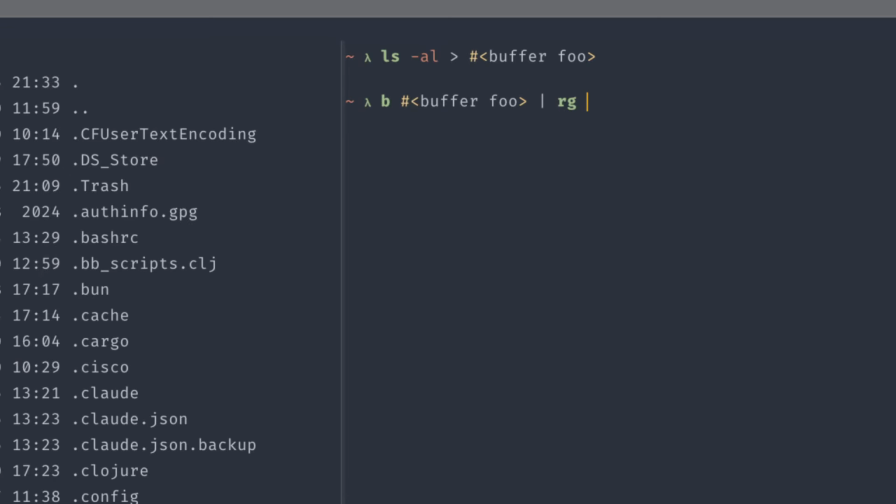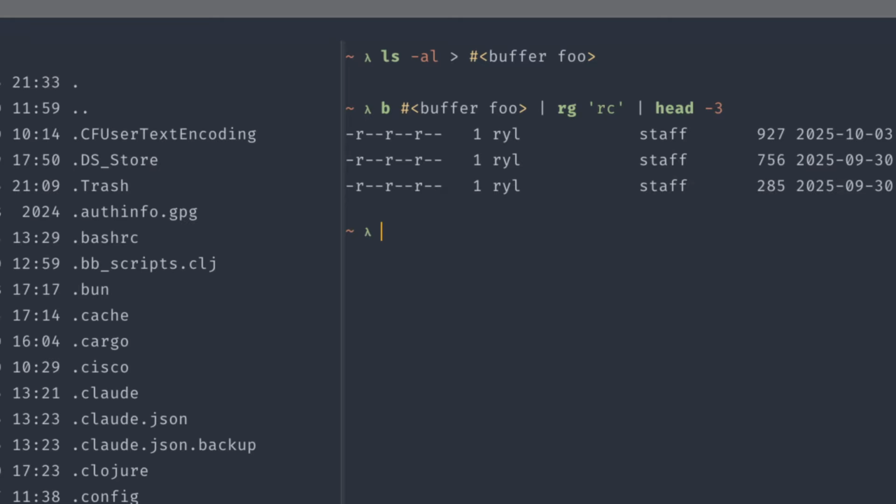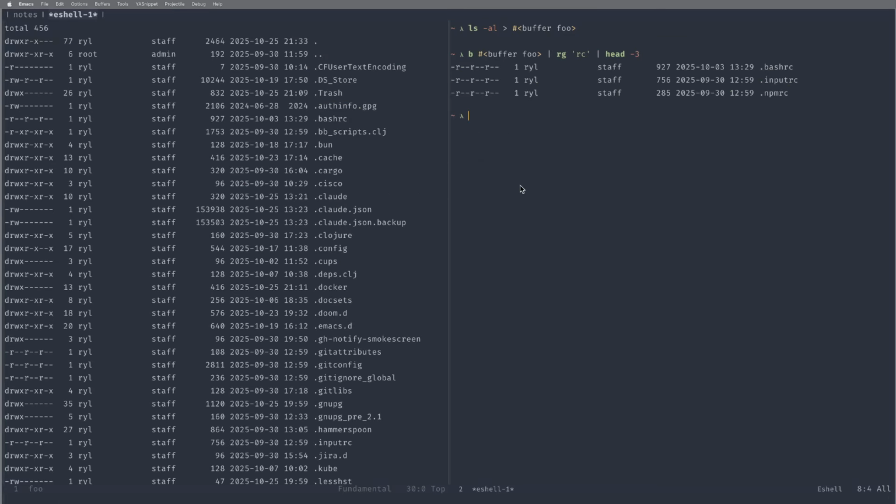I can pipe it to another command, right? And I can keep piping. Let's say I want just 3 lines of the result of this, and you can keep piping, and you can pipe that into a different buffer, which is cool, very practical. Again, I use it all the time. The caveat is that it only works in Eshell, but very often I need to work with an actual terminal,